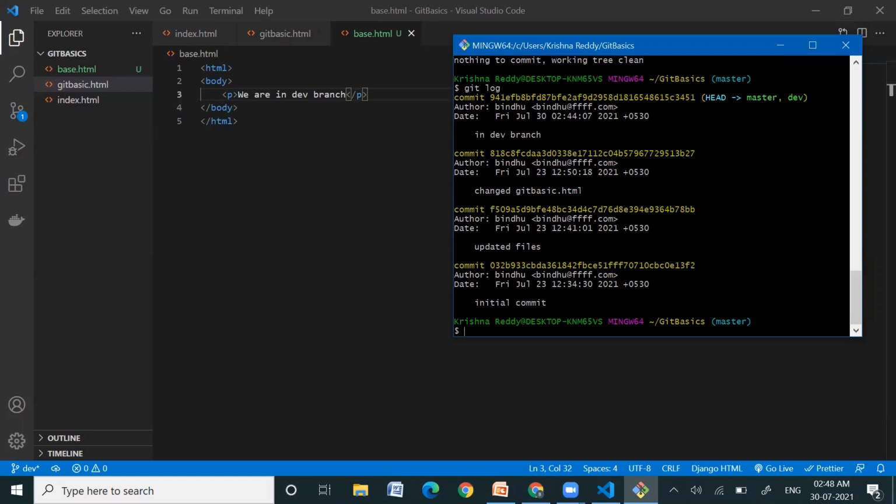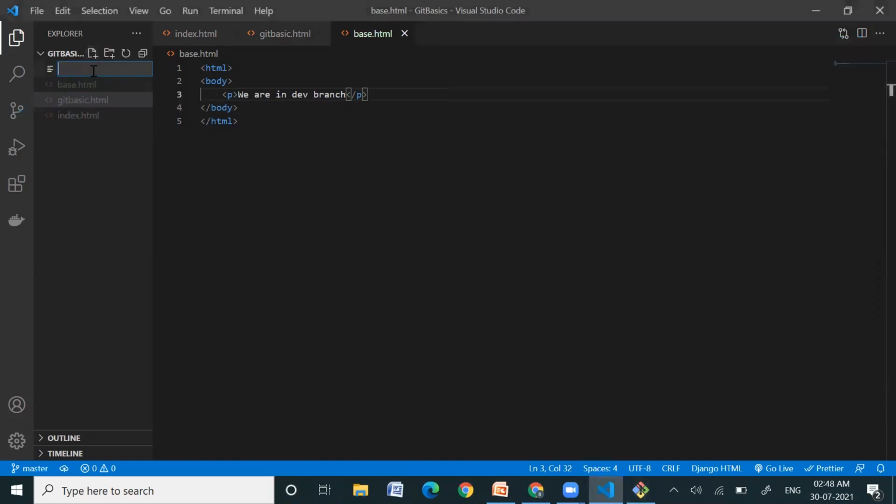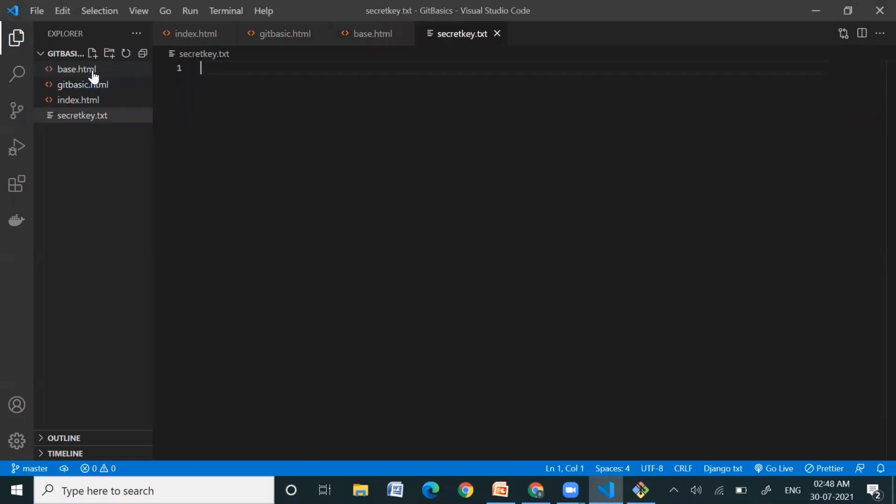And now we'll look into git ignore. Basically, git ignore is a file. Like if we have some secret key in our files, and we don't want this file to be exposed in production, and we don't want anyone to see this key.